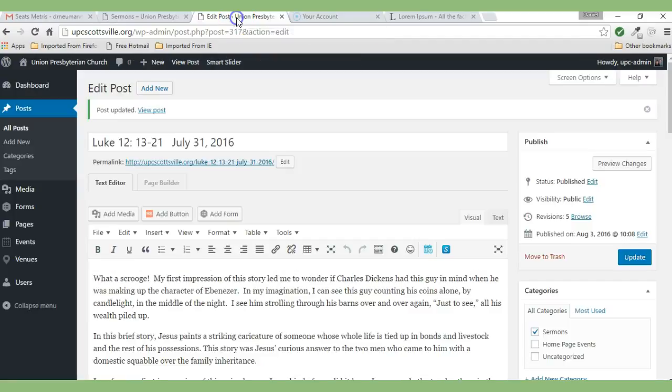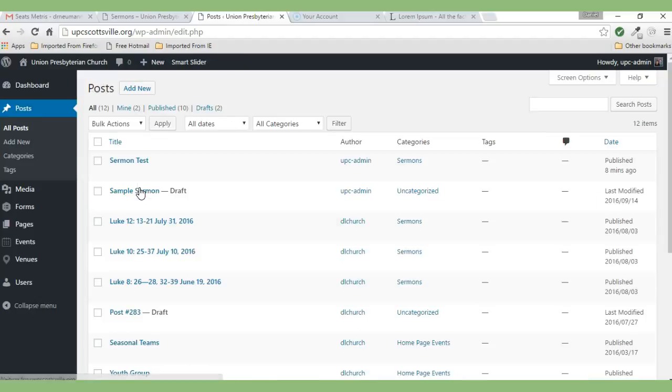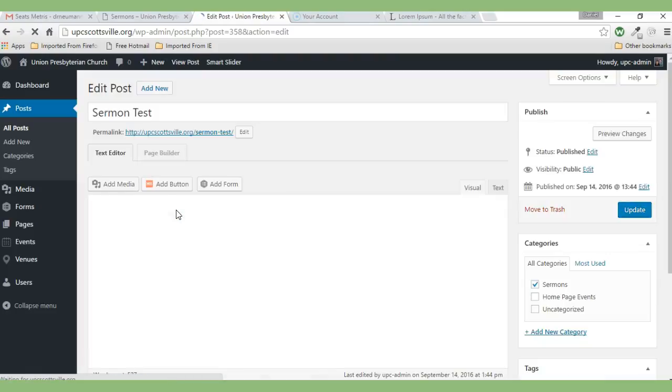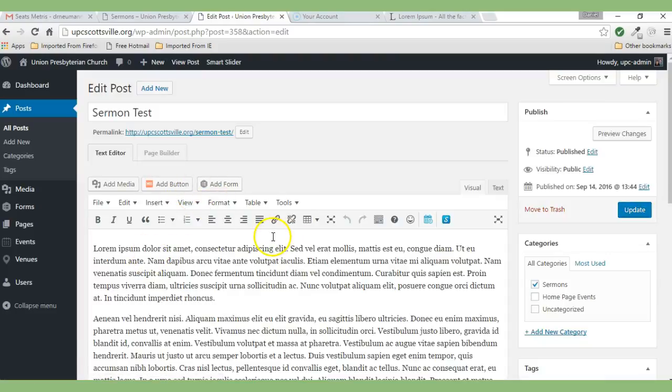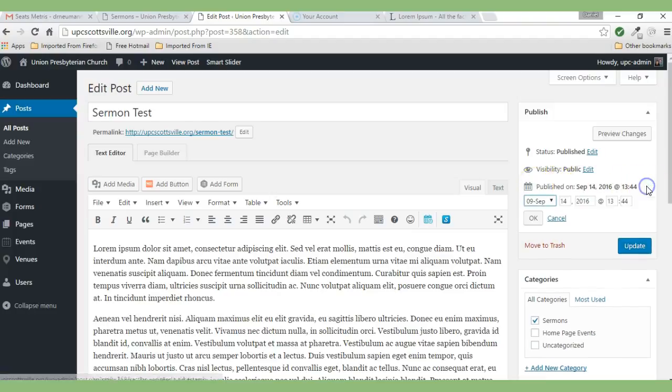So I'm going to go back into my dashboard again. I'm going to go into Posts, and then All Posts. And here's that sermon test. I'm going to click on sermon test, and that will open up the sermon in the dashboard. You go over here on the right-hand side, and this is where it says published on whatever date you published it on. If you want to change that date, what you can do here is click on edit,